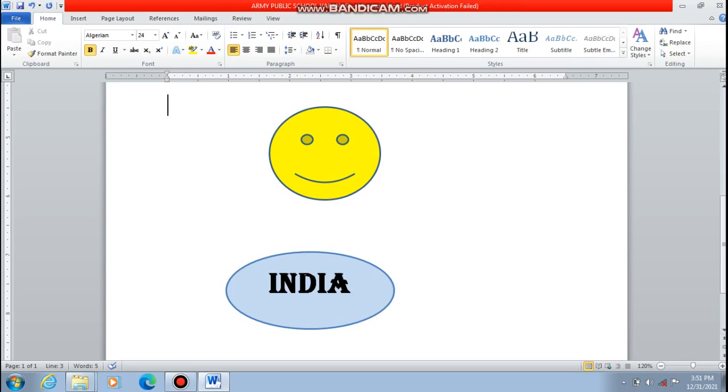Next is adding word art. So how can you add word art, to give special effects? Why do we use word art? Word art is the next feature of MS Word that I'm going to discuss with you all. Basically we use word art to give a special effect to the headings, to make the headings more impressive.